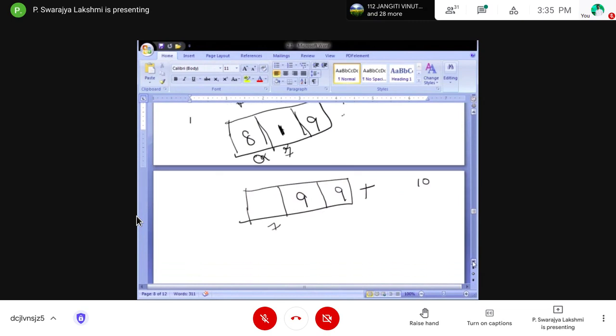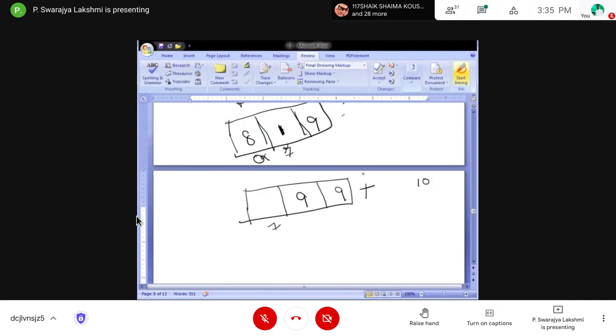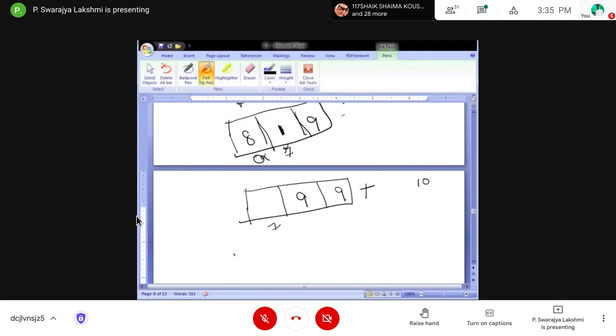The answer becomes: first to last position, 8 into 9 into 1, plus 8 into 1 into 9, plus 1 into 9 into 9.